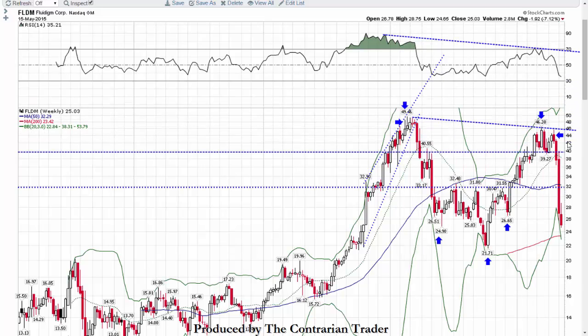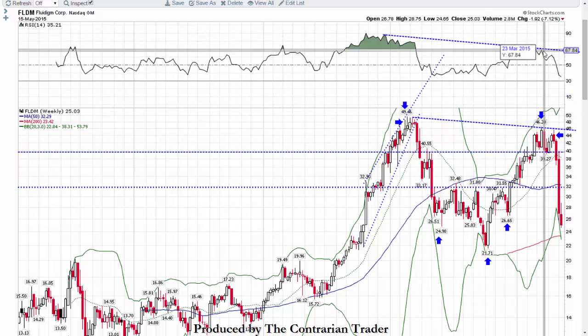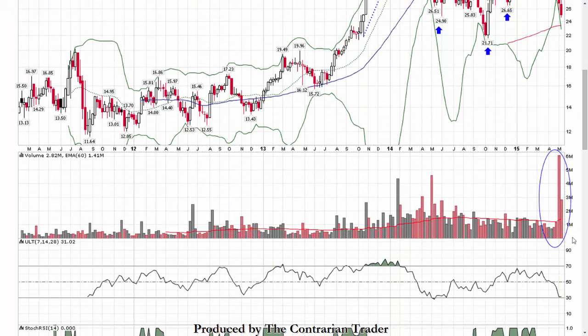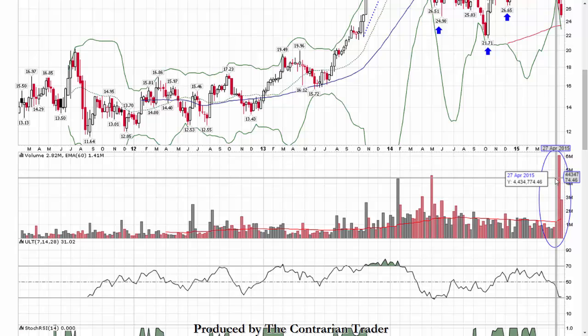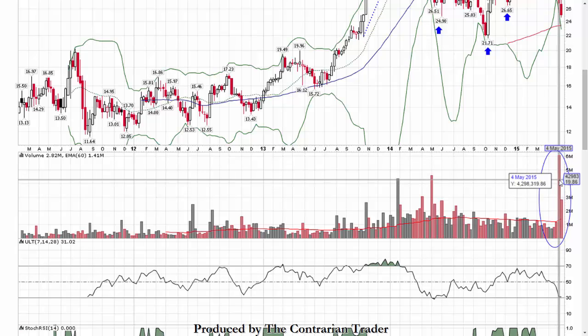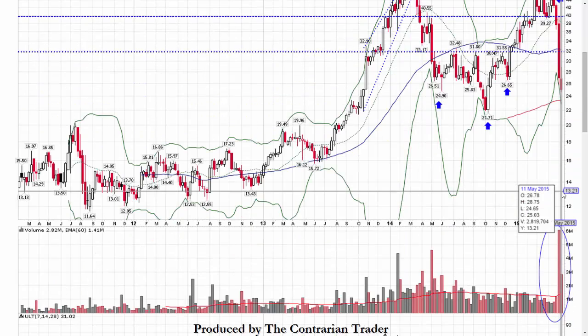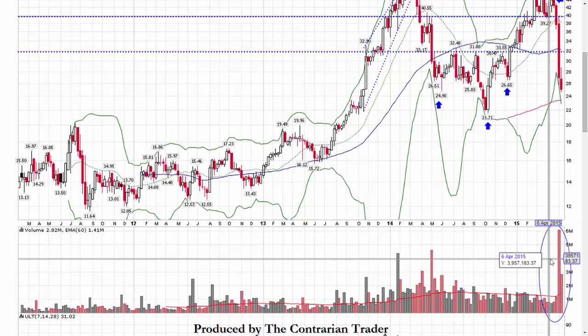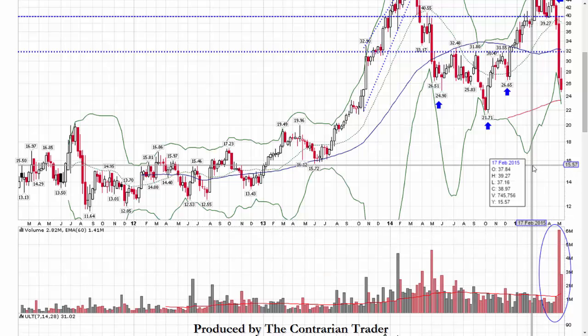You draw your trend line down, and you can see that we put in a lower high as confirmed by the RSI and its double top. And note the huge, huge distribution on the part of financial institutions. This is not mom and pop selling 100 shares, folks. This is Goldman Sachs. It's Morgan Stanley. These are the big boys. These are hedge funds distributing shares, telling you they are voting on FLDM and where they think it's heading, and they are voting it's going lower. So I will be pointing out great support levels on FLDM where we can get involved with it on Sunday's